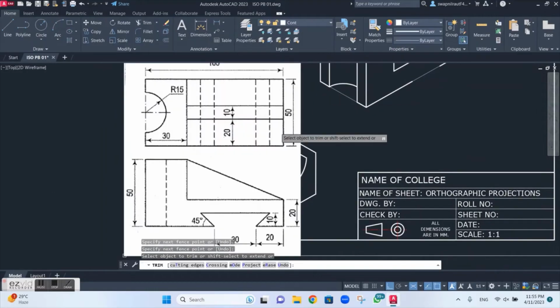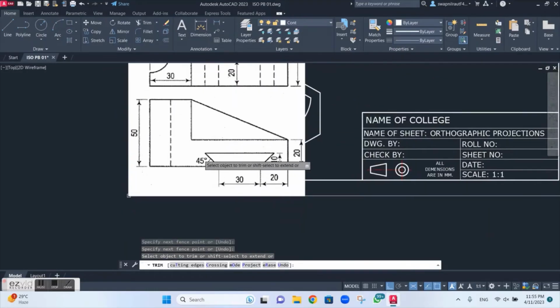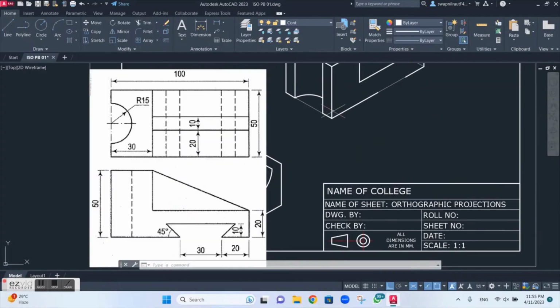Now the remaining is in the front view. You can see this slant edge, but it is at an angle of 45 degrees. And this question, whatever you can see, is given in orthographic section. So since the slant edge is at 45 degrees, but in isometric, if I want to draw, my isometric plane is already at 30 degrees. So I will not get a direct 45 degrees in my ISO. So for that, what I will do is,